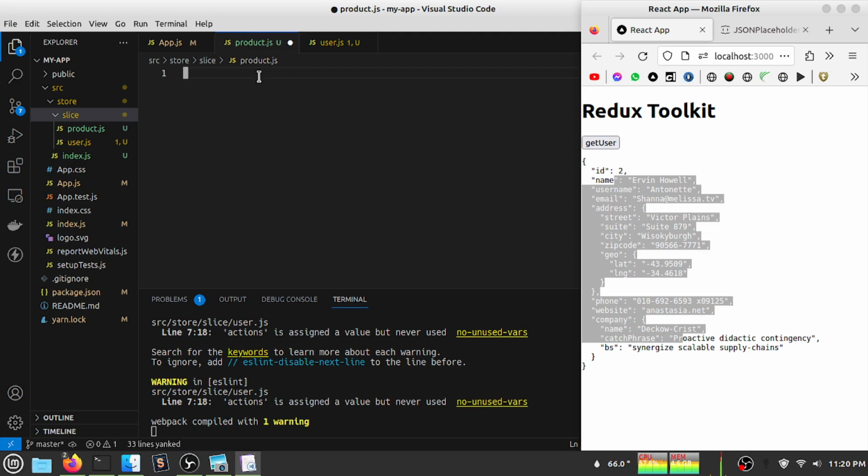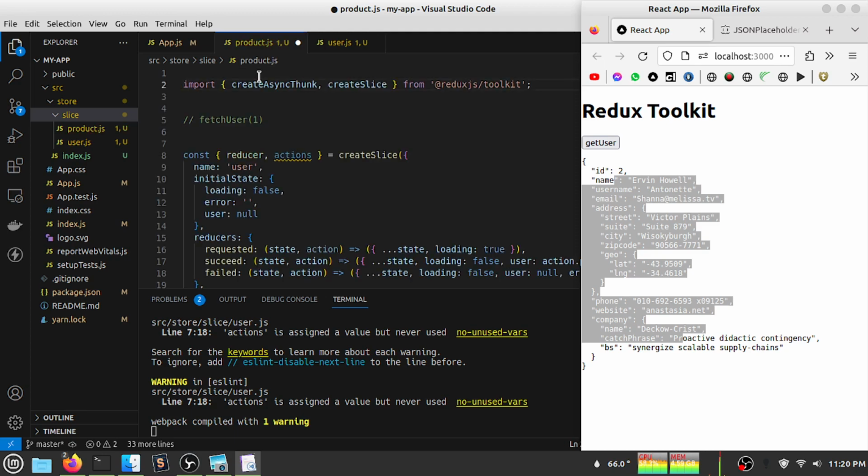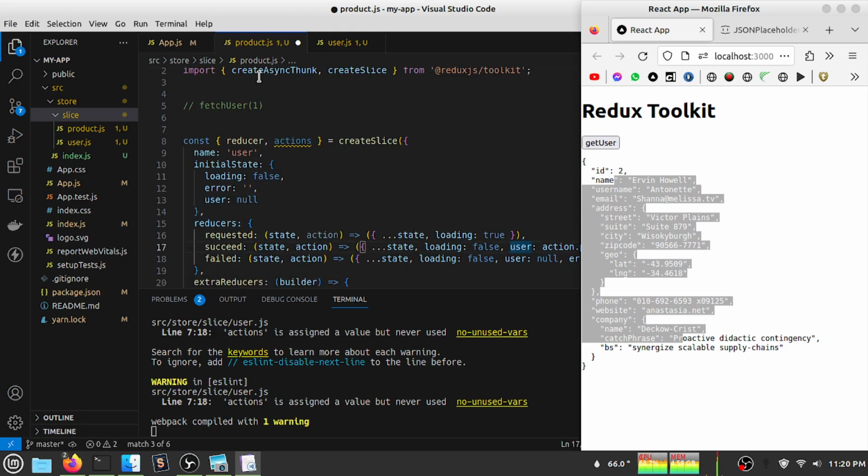I am in my product slice, so let's paste here and change something like this. This is a product slice, so it will be product,